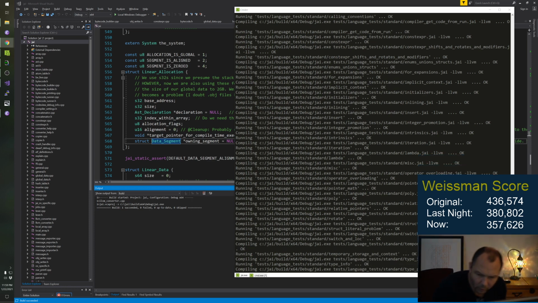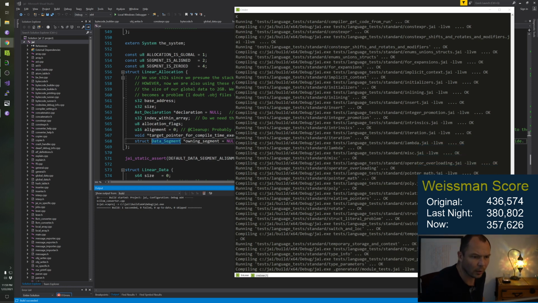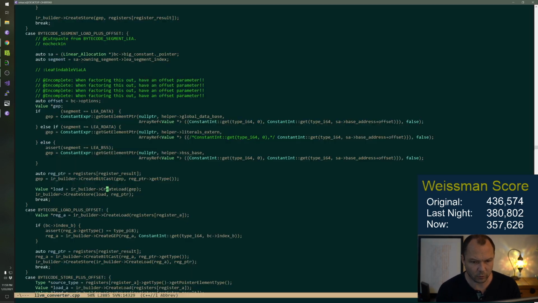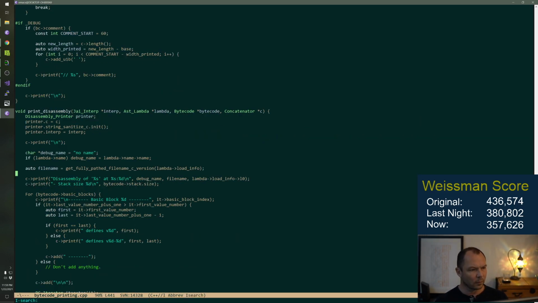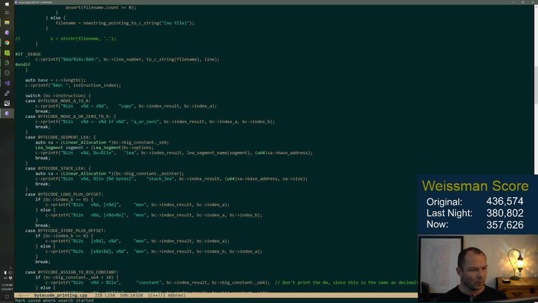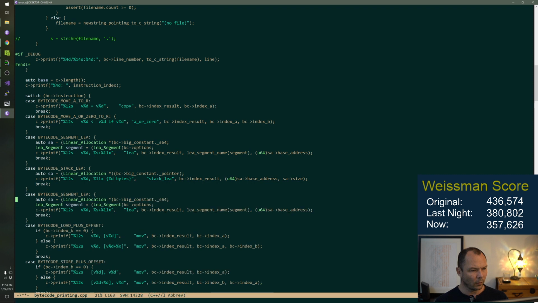While those tests are running, our bytecode dumper does not know this instruction. So we want segment load plus offset.